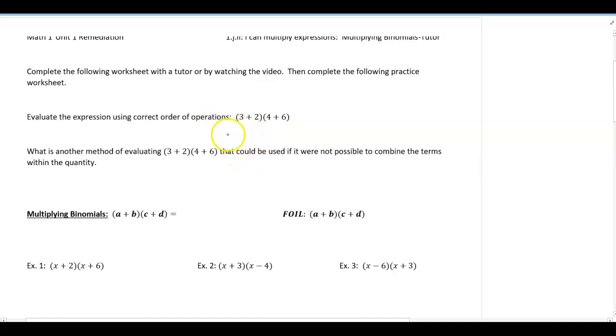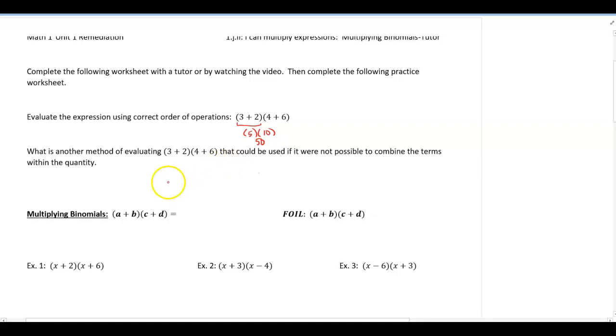It says evaluate the expression using correct order of operations. So correct order of operations would tell us to do what's in the parentheses first. So 3 plus 2 would be 5, times 4 plus 6 would be 10, 5 times 10 would be 50, right? But again, it goes to talking about the distributive property and